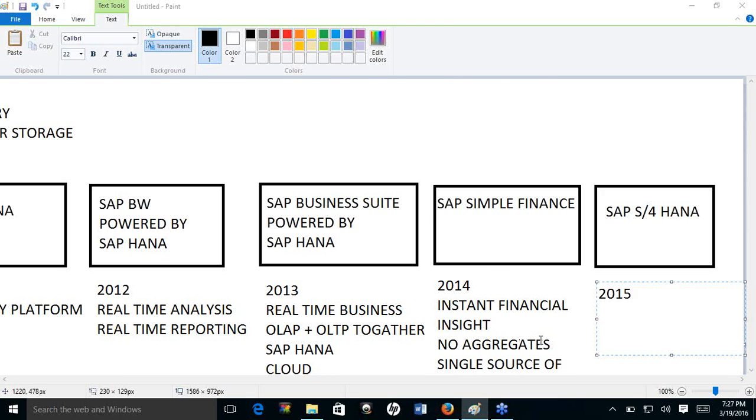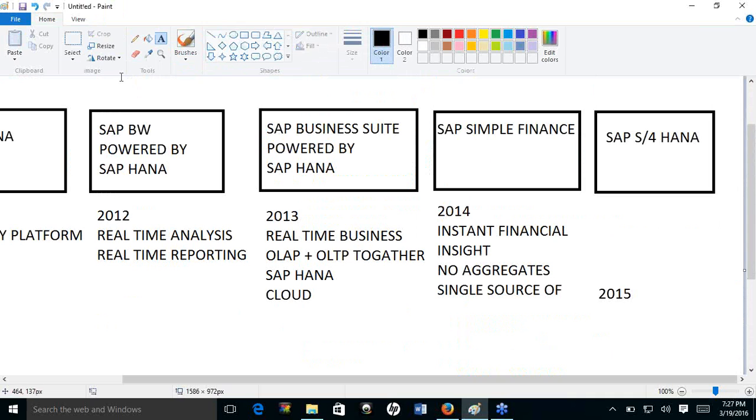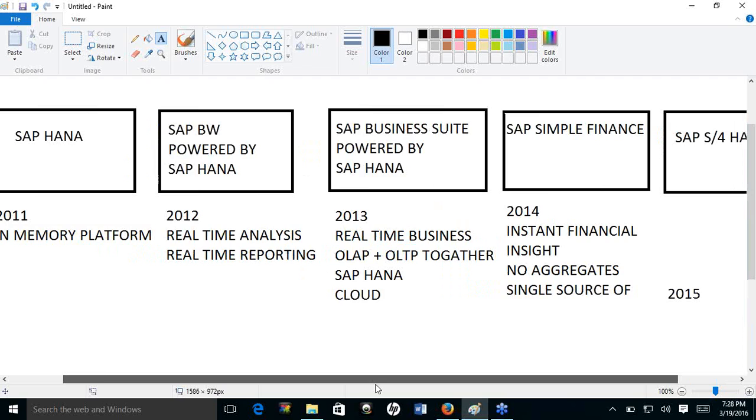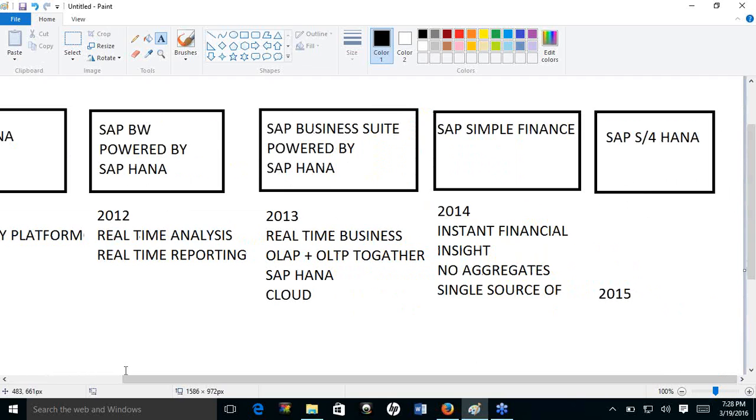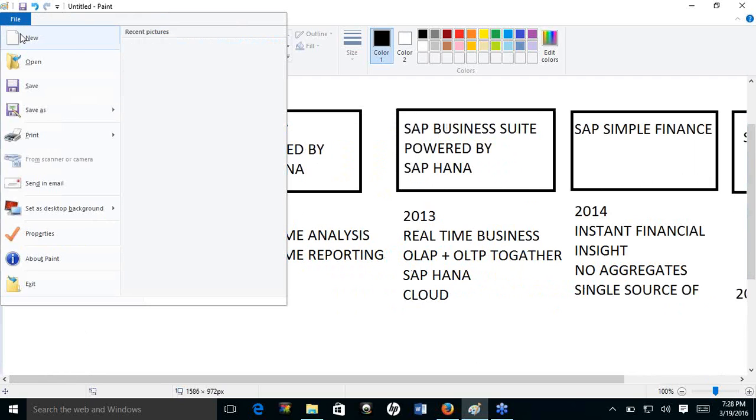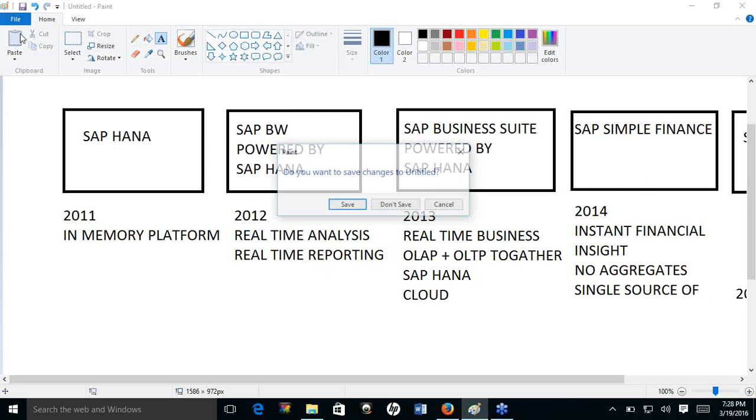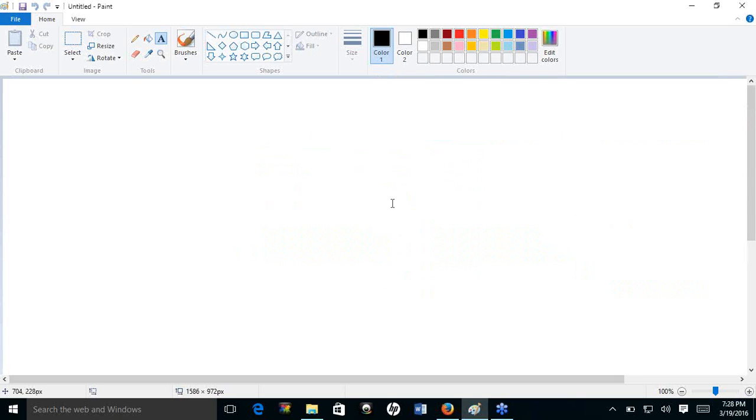Now, when I told you my single source of truth, okay, now I hope you understood this diagram. We saw where HANA came up, where we ended up with S4 HANA. So when I say a single source of truth, earlier we had many master tables, many transaction tables. In the future, it will be a matter of one master table and one transaction table. As of now, that is the whole thing we are going to try in Simple Finance. They have piloted in Simple Finance. The next part which has come up is Simple Logistics. Next year, in 2016, we are going to go to Simple ERP. So the entire